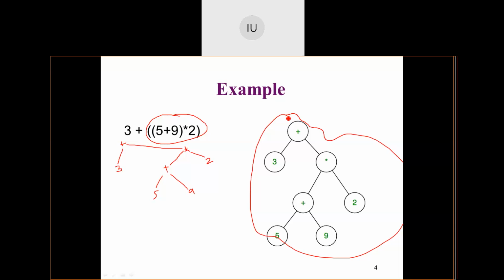Okay. This is why I convert a given infix expression into what is called as expression tree. And once that expression tree is ready for me, I'll just have to apply pre-order traversal or post-order traversal. I will get my postfix expression for the expression tree. Or I will get the prefix expression that is required for the given infix expression. This is the reason why I convert the given expression into what is called as an expression tree.